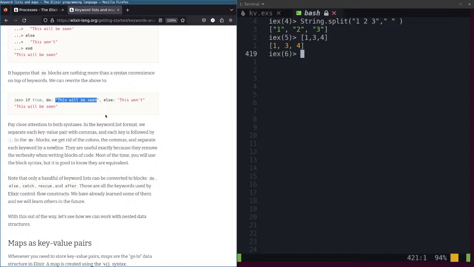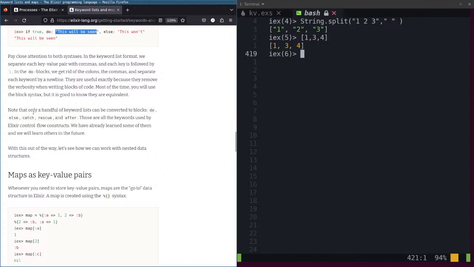We separate each key-value pair with commas, and each key is followed by a colon. Notice that only a handful of keyword lists can be converted to blocks: do, else, catch, rescue, and after.